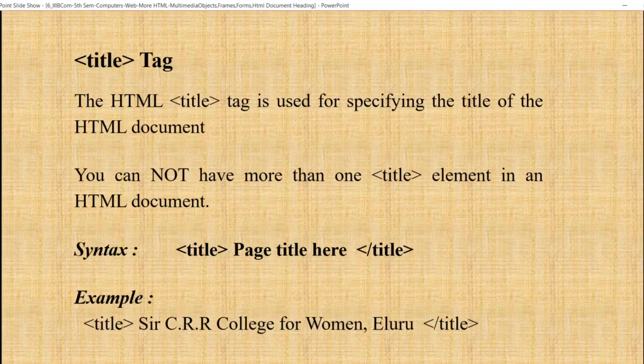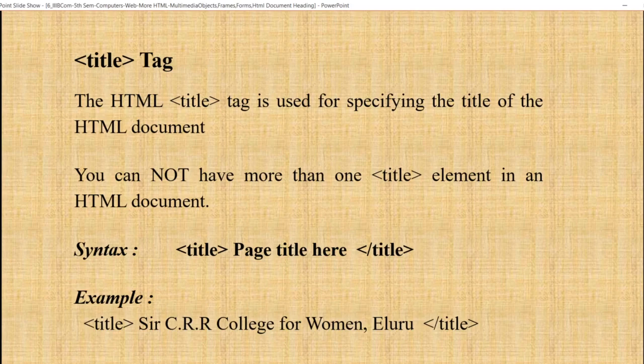First tag is the title tag. In the head section, we are using the title tag. This tag is used to provide the description of an HTML document. We can't have more than one title element in an HTML document. The title element displays the title for a web page on a web browser title bar.